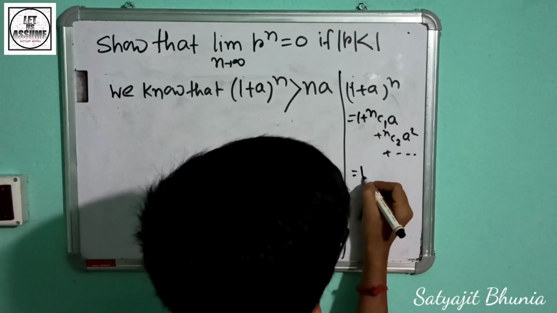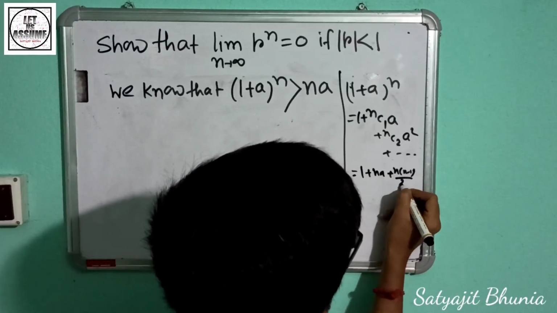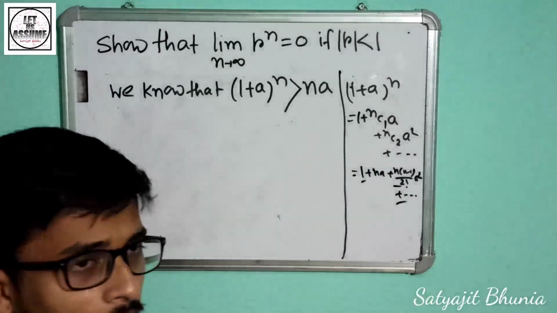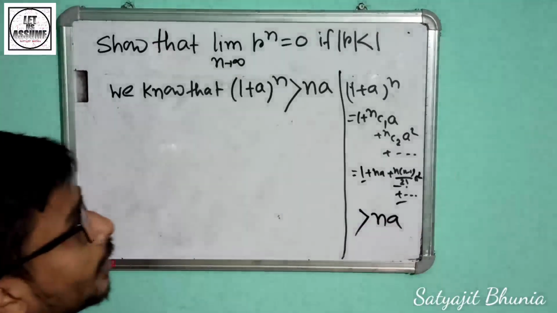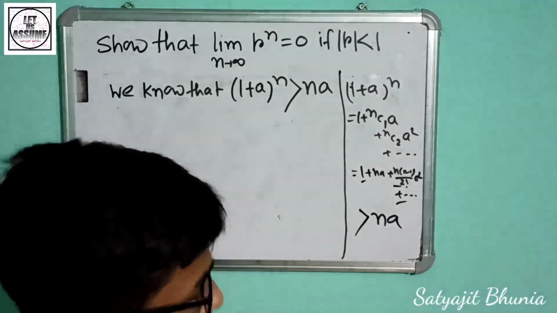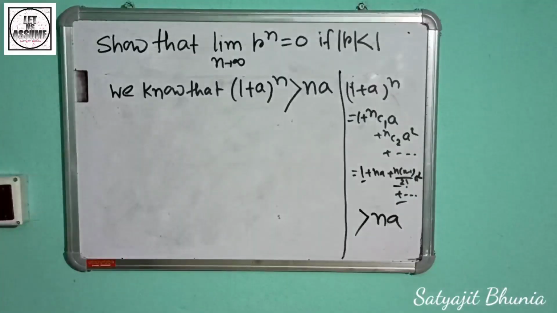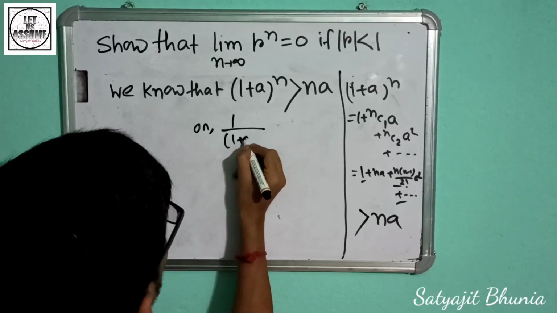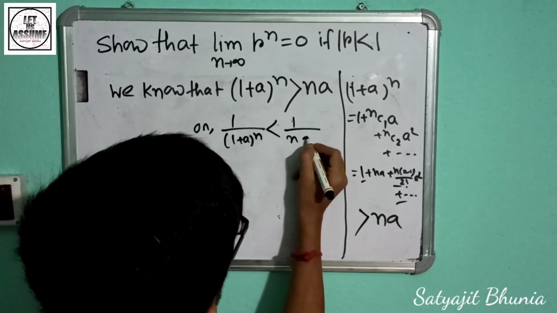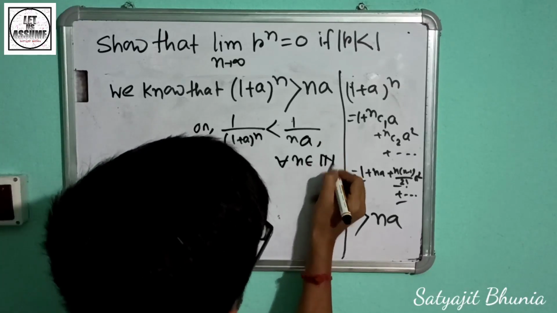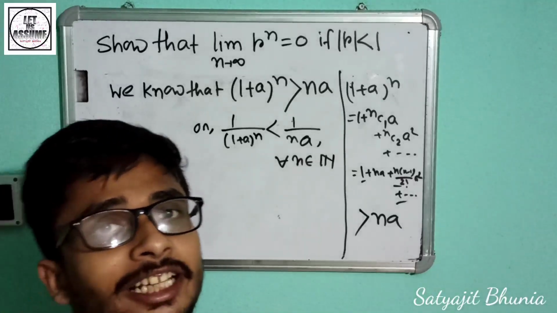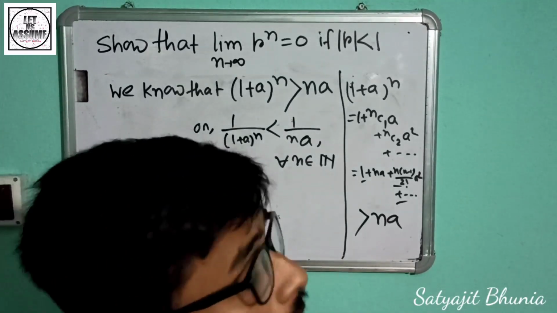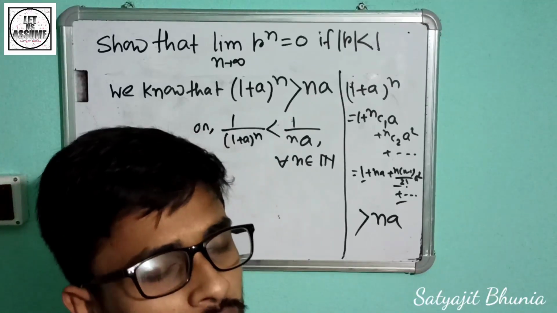সো এইখান থেকে আমরা লিখতে পারি 1 plus na plus n into n minus 1 by 2 factorial a square and so on. সো এইগুলো সব পজিটিভ টার্ম, অবভিয়াসলি, সেই জন্য লিখতে পারি ওটা na এর থেকে বড় হবে। ওকে, সো 1/(1 plus a) whole to the power n is less than 1/na for all n belongs to capital N. Capital N is the set of natural numbers. তো যখন সমস্ত ন্যাচারাল নাম্বার n এর মানটা ন্যাচারাল নাম্বার সেটের অন্তর্গত,